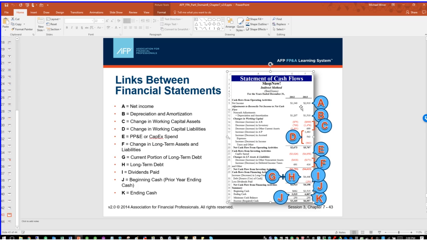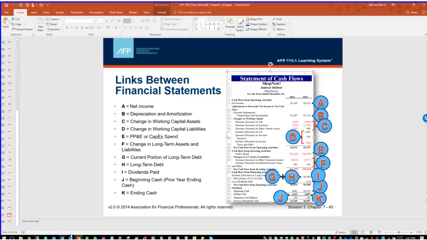So if you add your, let's see over here on line 20, your net cash flow from operating, line 27, your net cash flow, in this case an outflow from investing, and line 32, your net cash flow from financing, which in this case includes taking a loan, you will get a total net cash flow for the year of 2013. We had a beginning cash. Remember I mentioned to look at those numbers on the balance sheet. We had a beginning cash of 3,515. We've got our cash flow for the year, and that gets us to an ending cash of 6,807. So it ties to the balance sheet.